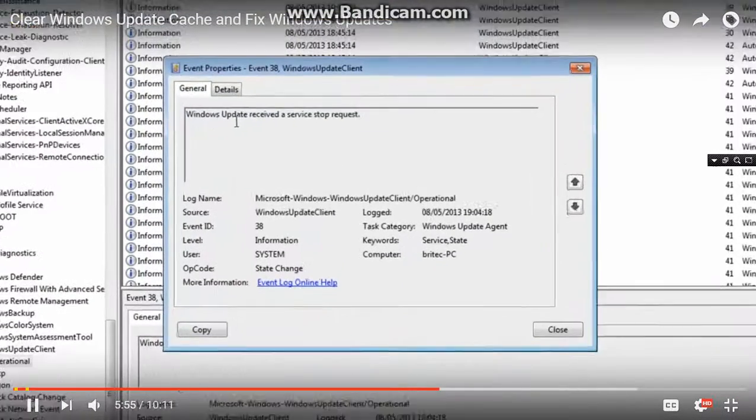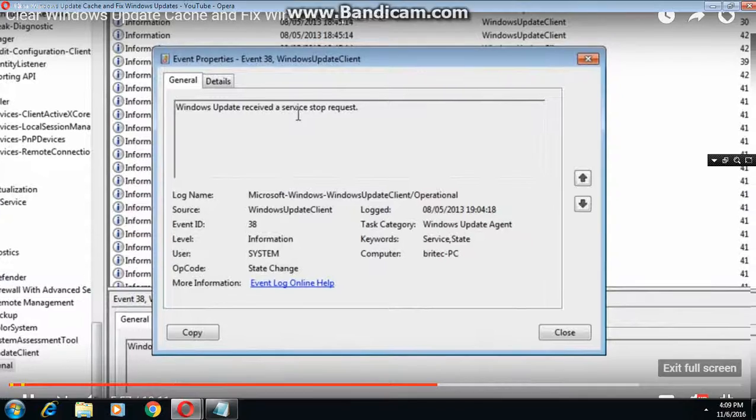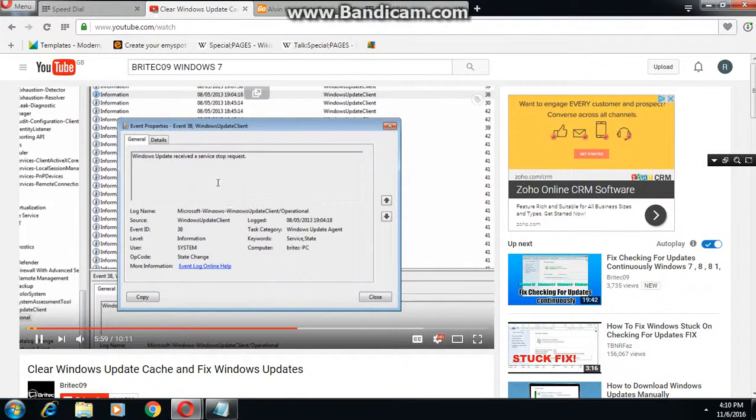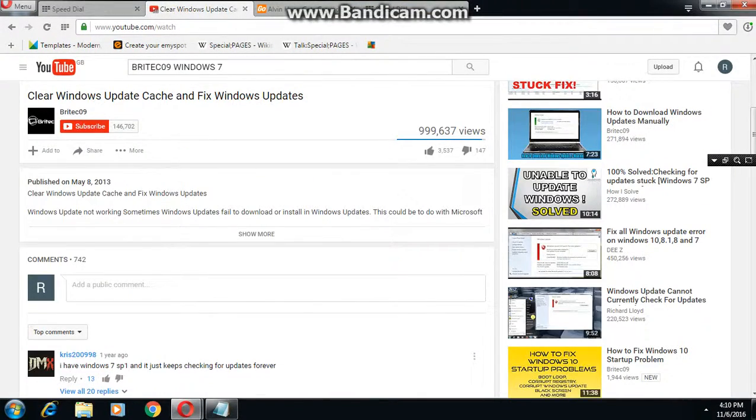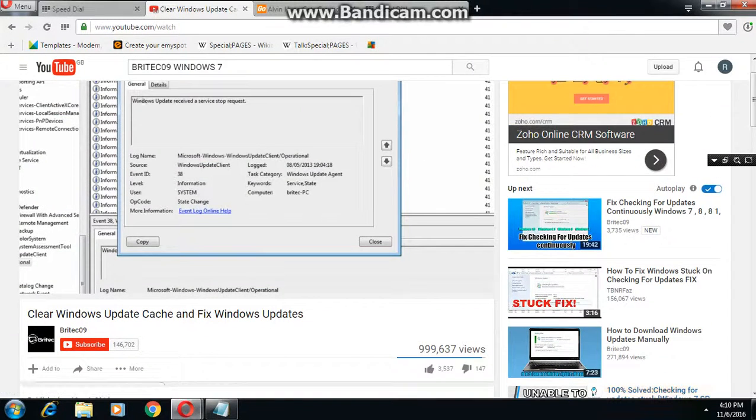And you can see here Windows received a service stop request. That's because we did that in the command prompt. So any errors, you can trace them back and track them back to what's gone on, and you can use a site called Event